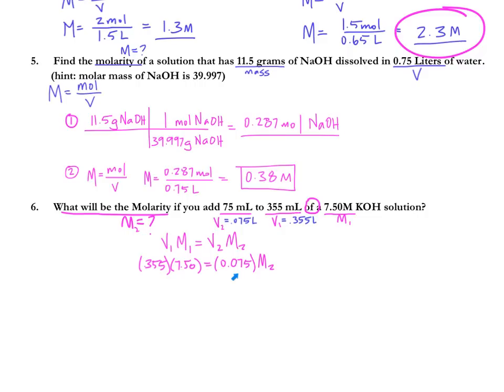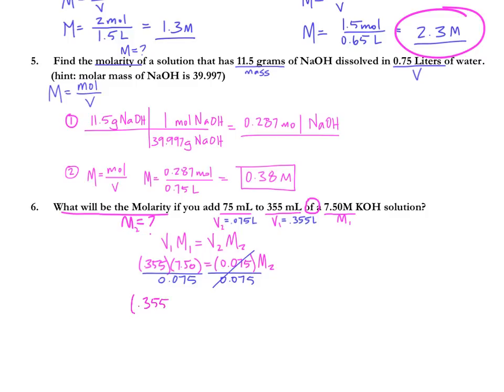So if I want to get M2 by itself, it's my unknown, it's my X, it's my variable. If M2 is being multiplied by 0.075, I need to do the opposite to get it over on the other side. So I need to divide. So I'm going to divide this side by 0.075, this side by 0.075. These cancel out. And that leaves me with